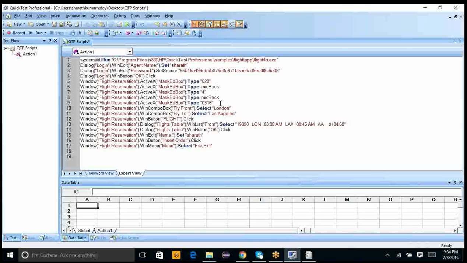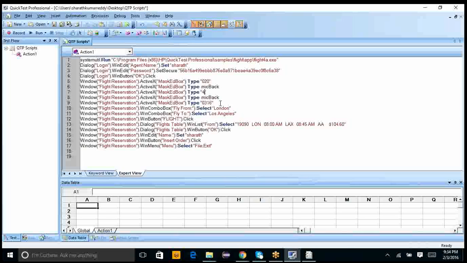Line number 5, line number 6, line number 7, line number 8, line number 9 actually represent only step 1 itself. Only one step. What is that one step? Entering the date.